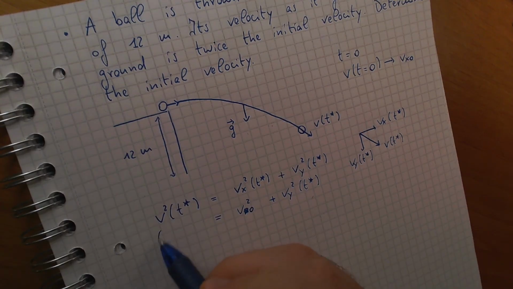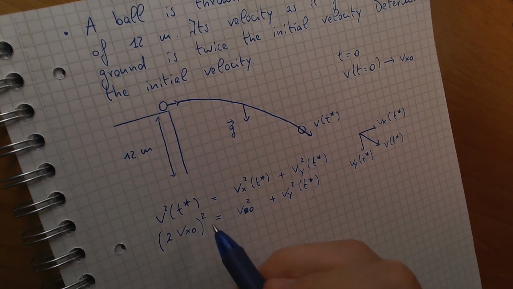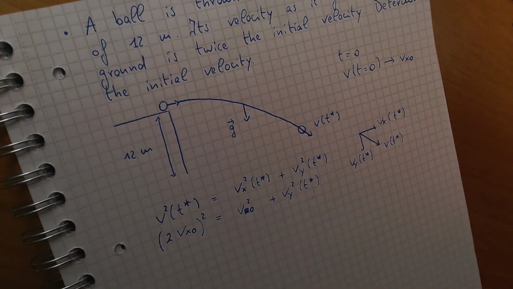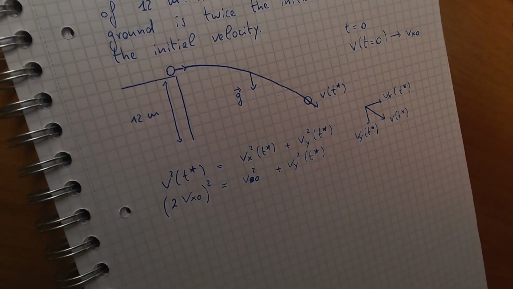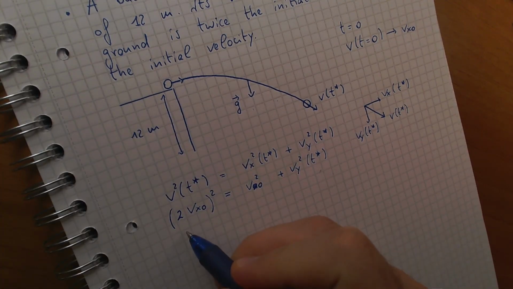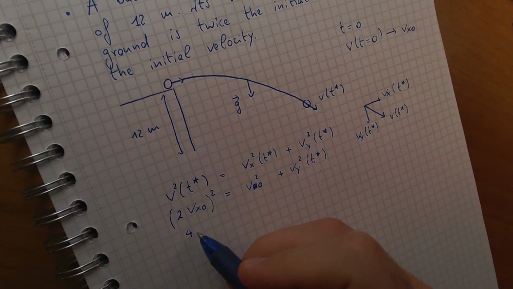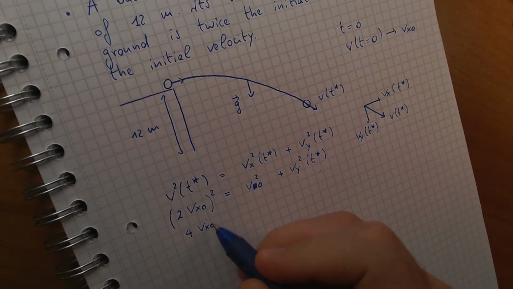So this will be 2 times Vx0, all squared. This is the result that we get from the data, and if we compute, we get 4 Vx0 squared,